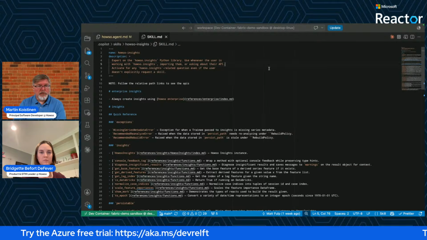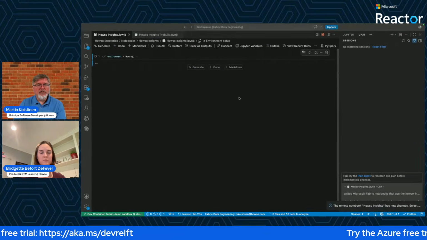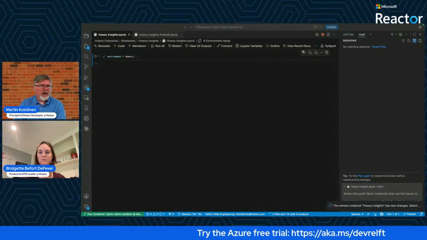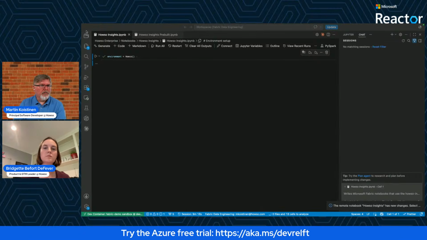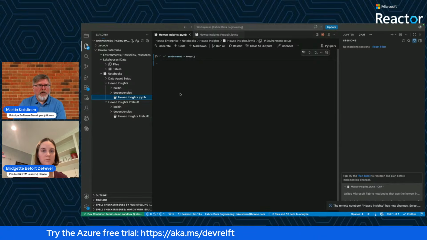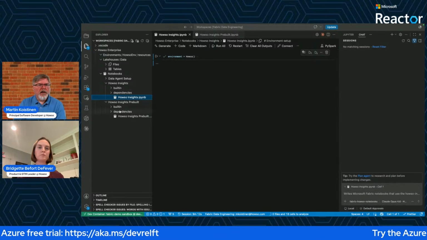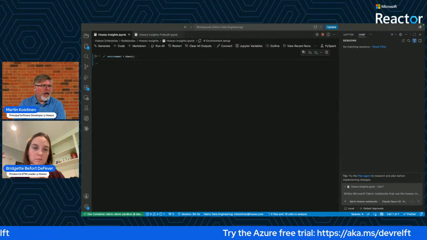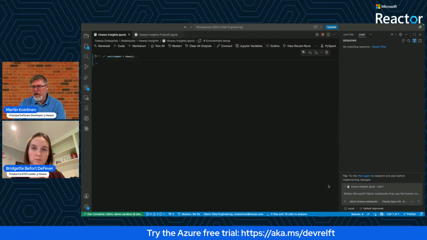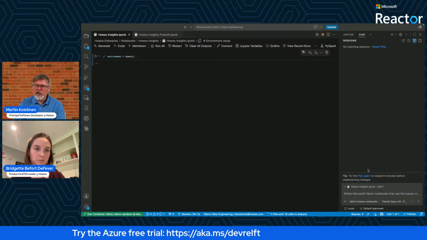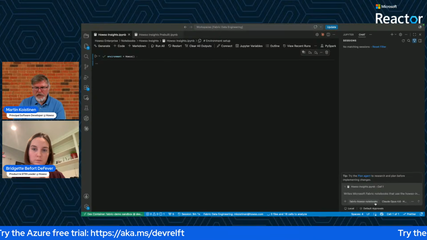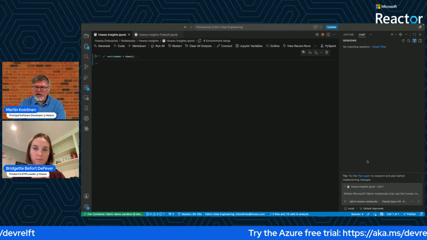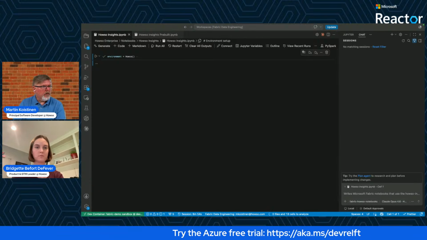So how would we use these skills? Well, the first thing we're going to do is use these in a notebook environment. Here you can see we have a standard VS Code window running a notebook, and it's a very simple data structure, nothing interesting. And I have my chatbot over here configured to use the skills and the agents that we've created. And I've also set it to an Anthropic model.